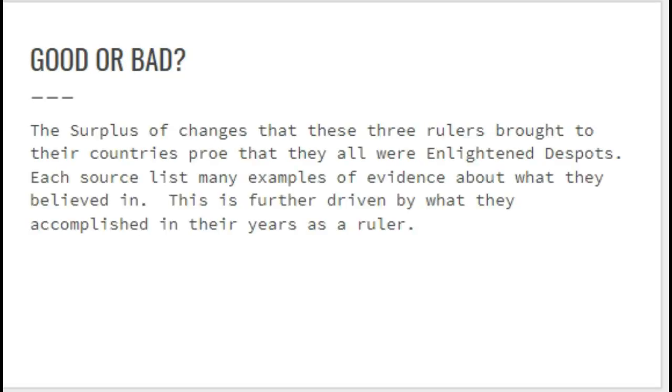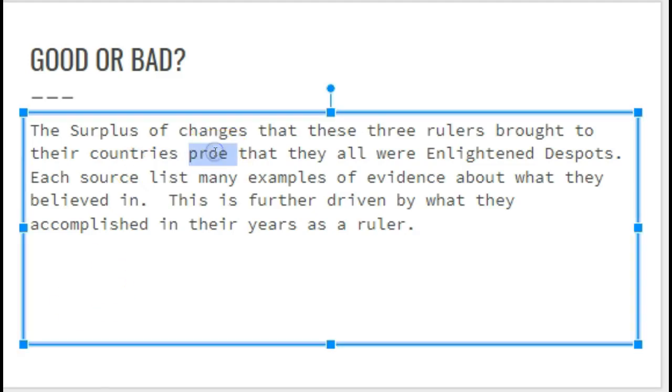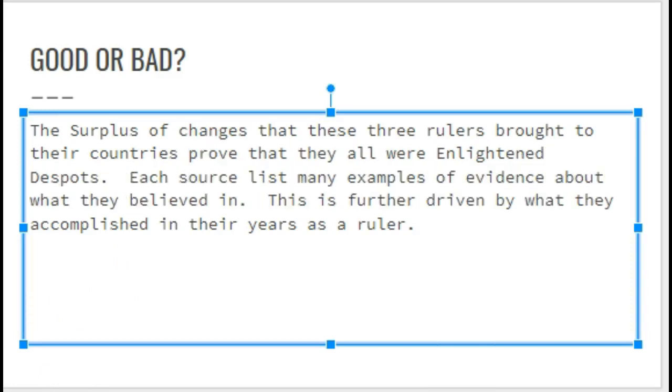Here is one of your peers' thesis paragraphs. The surplus of changes that these rulers brought to their countries, sorry about the typo there. This is a live edit here. Prove that they were all enlightened despots. Each source lists many examples of evidence about what they believed in. This is further driven by what they accomplished in their years as a ruler. Okay, again, attempted to answer the question, but totally threw out the directives as to how I explained to you to write a valid and,